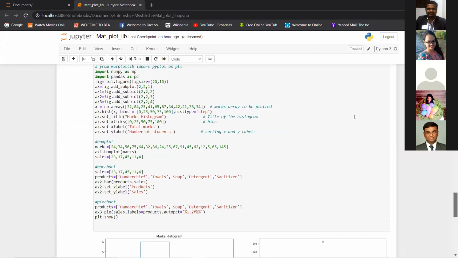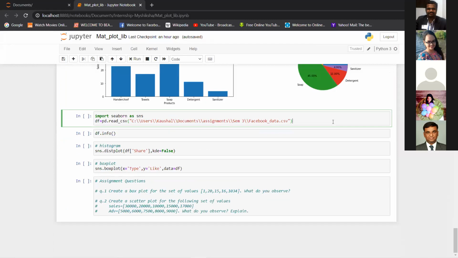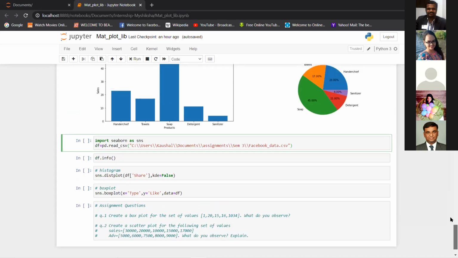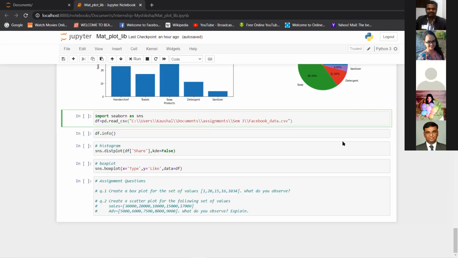So we quickly move on to the Seaborn library. Seaborn is also one of those visualization libraries which is important and widely used. I say widely used also because you can use the Seaborn library with data frames. You will see in the coming classes, and also in machine learning, that